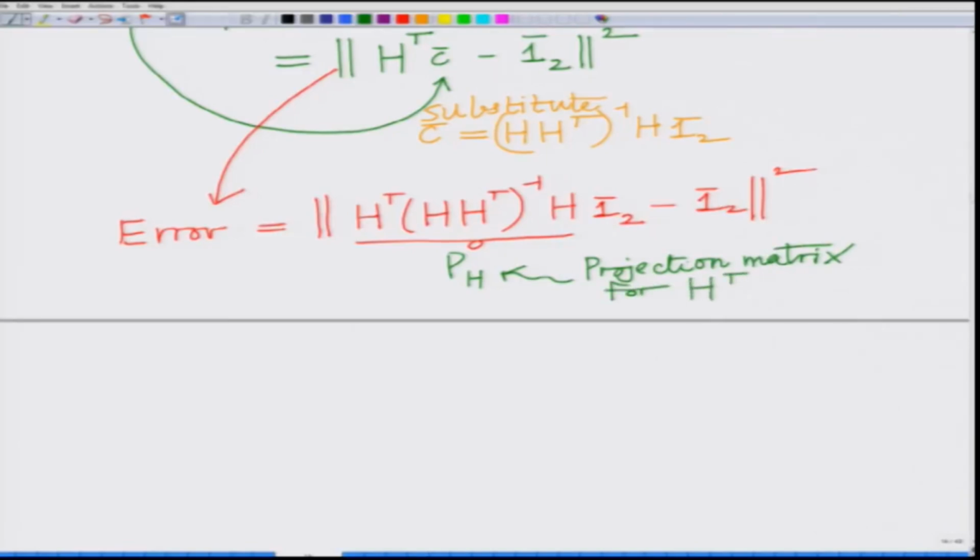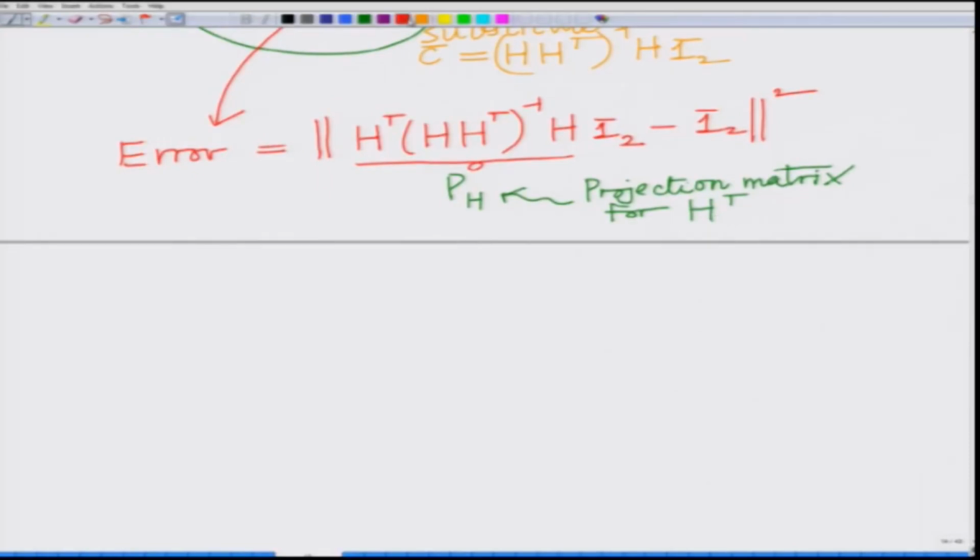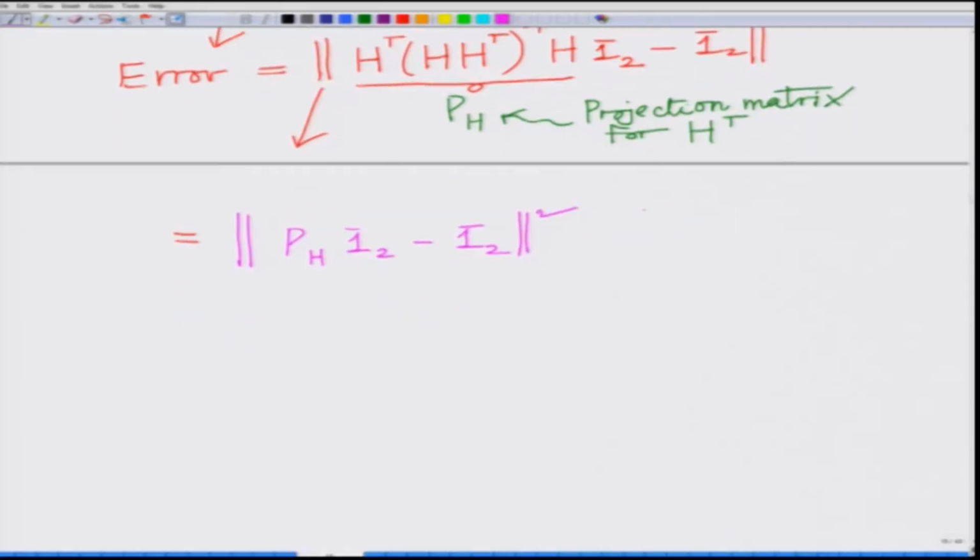This is the projection matrix for H transpose, and now we can write this as PH into this vector 1 bar 2 minus 1 bar 2 norm square, which is basically equal to norm of PH minus the identity matrix into the vector 1 bar 2 whole square,